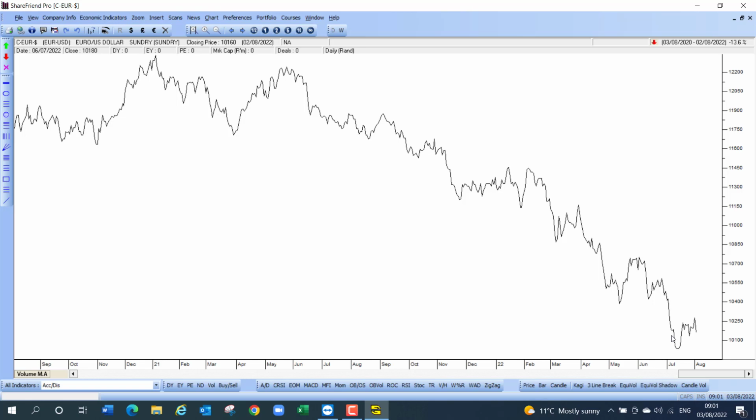Not all of that is due to the Ukraine situation or to rising interest rates in America, because those are relatively recent developments. What is impressive, though, is that the rand was at 20.74, 20 rand and 74 cents to a euro in August 2021, and it's now at 16.94 to the euro. So the rand has actually strengthened against the euro significantly during this period.